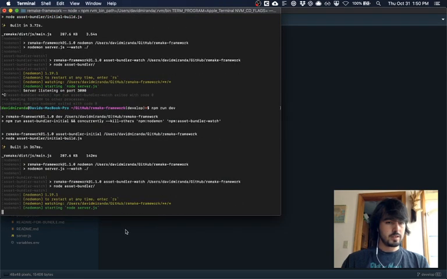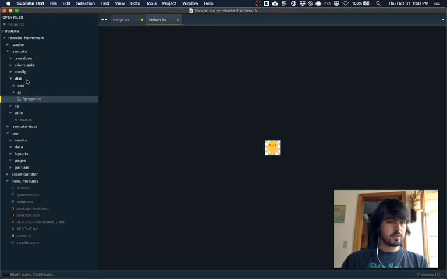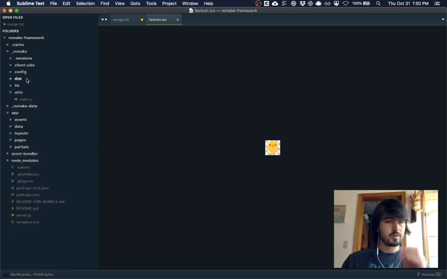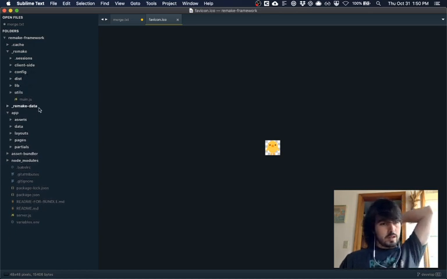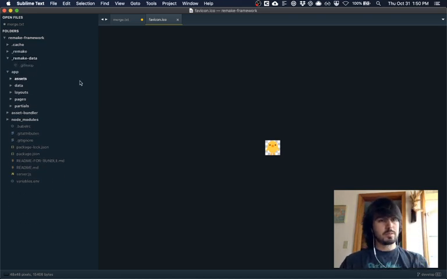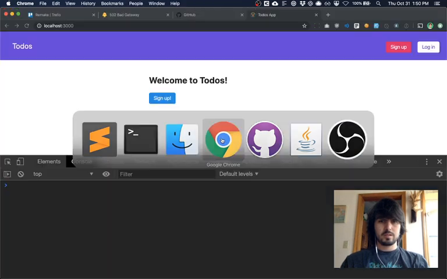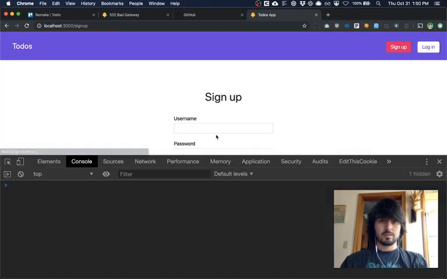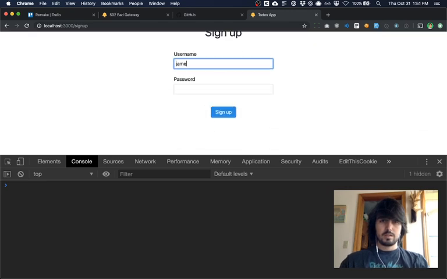Now let's run it again. It's going to build everything. So now we've got the dist folder filled up again. CSS, one file, JS, one file. Perfect. And we're going to go into the data folder, which should be empty. But if we load up the app, it's okay, it loads. That's good news. And we're going to try signing